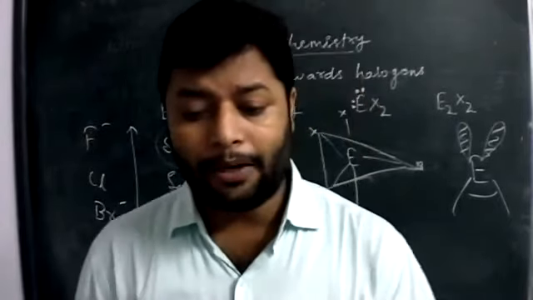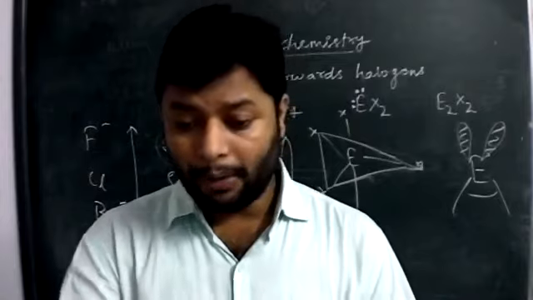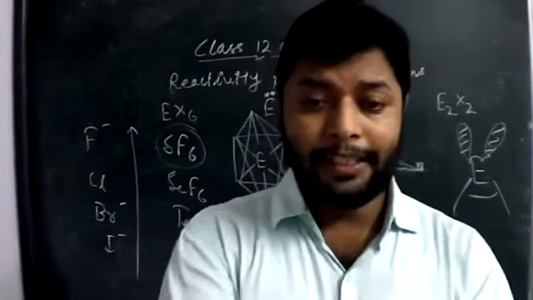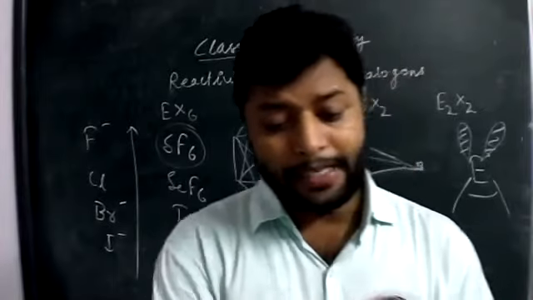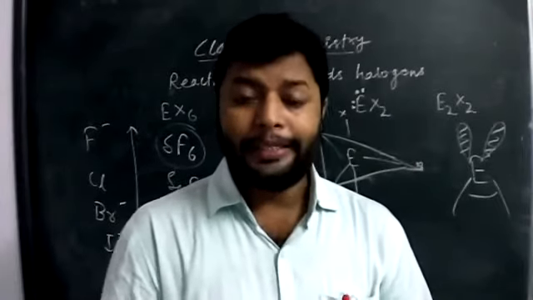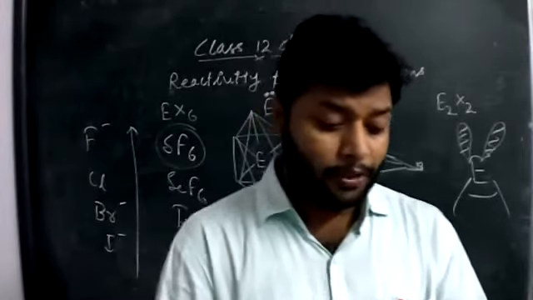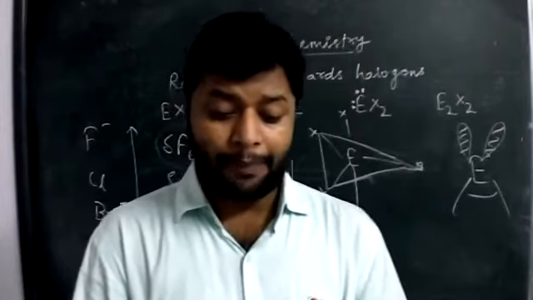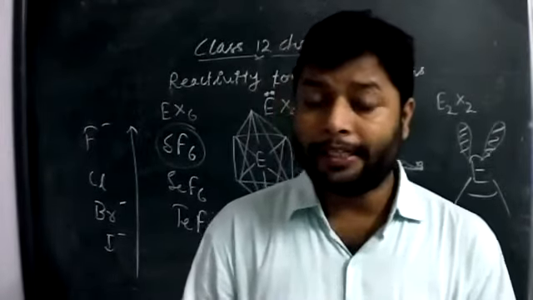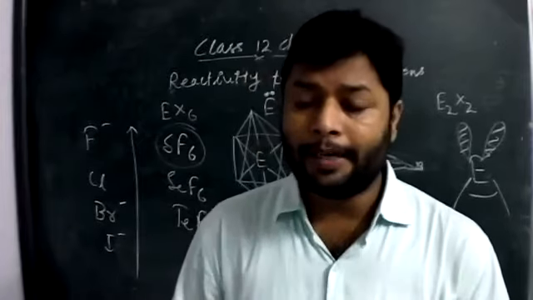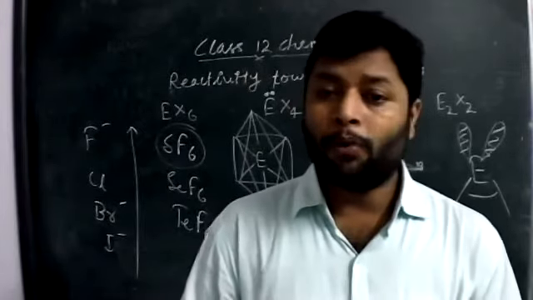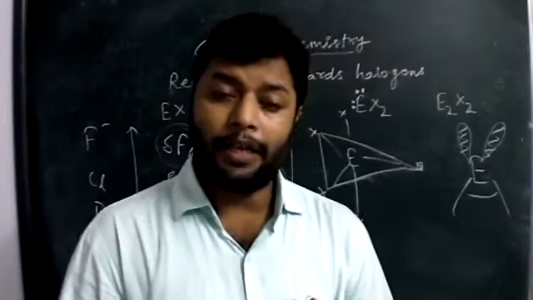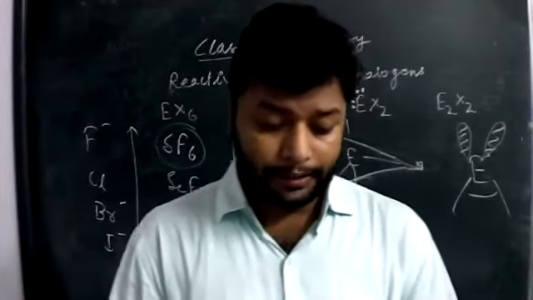Now we can study some of the questions given in the NCERT. Example number 7.4 is given here. List the important sources of sulfur. You should go through the NCERT book. Write the order of thermal stability of hydrides of group 16 elements. We studied this in the last class. Thermal stability depends upon the bond energy. Moving down the group, bond energy decreases, so thermal stability also decreases.